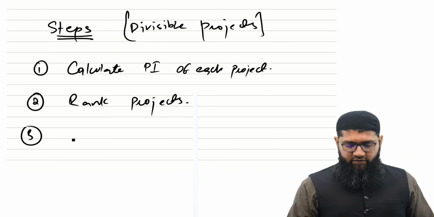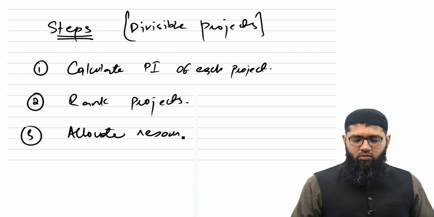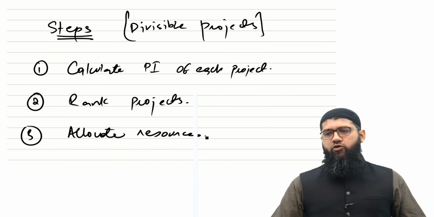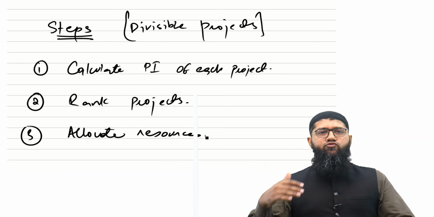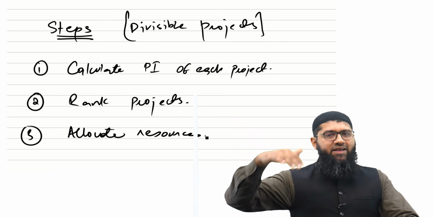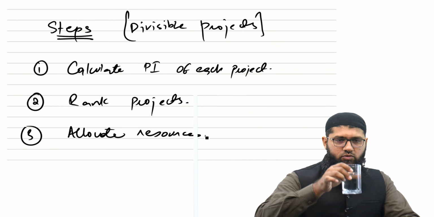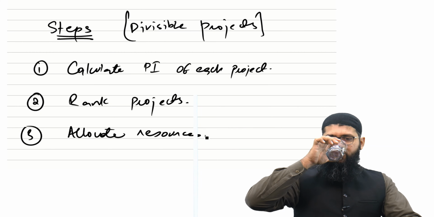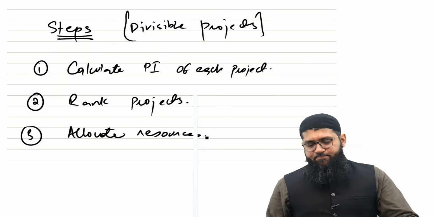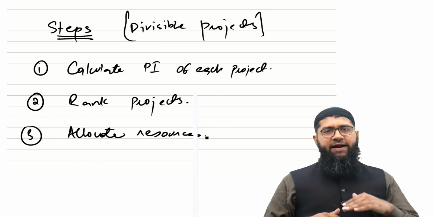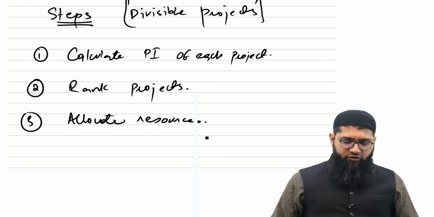The third is to allocate resources. First you calculate the profitability index, and obviously the higher profitability index is ranked higher, and the lower profitability index is ranked lower. So you calculate the profitability index of each project, you rank the projects, and you allocate resources, and then